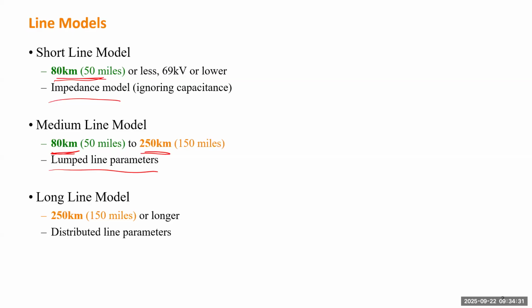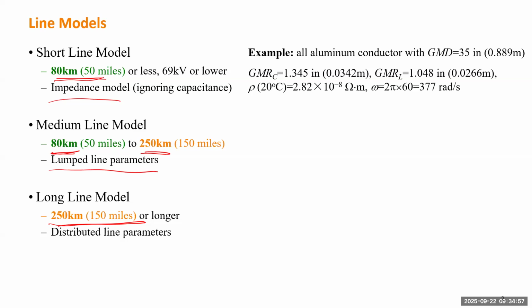But once you move to a long line model, longer than 250 kilometers, it's not accurate anymore to just treat the total resistance, for example, of the entire line as staying at one place in the single-phase line. You have to split it into many small pieces and distribute the parameters along the transmission line. That will make the calculation more challenging. Okay, we'll use one example from the previous section to talk about why we have such boundaries, 80 kilometers